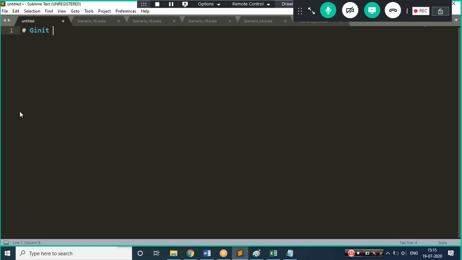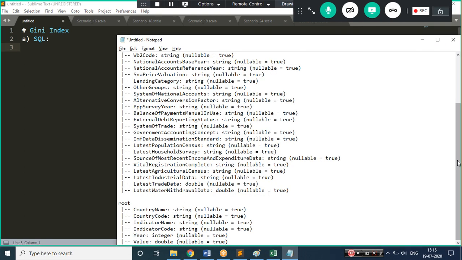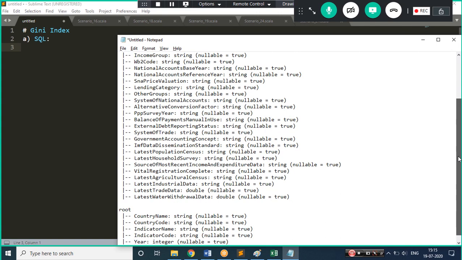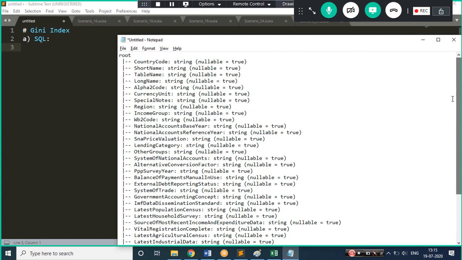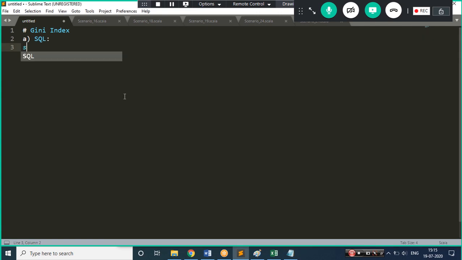The first method which I'm trying to use is my SQL mode. In SQL, how will we write it? I'll take year, country code, and a few columns.